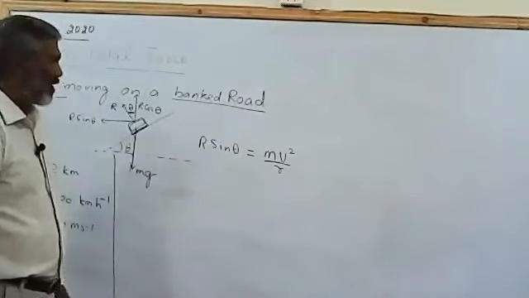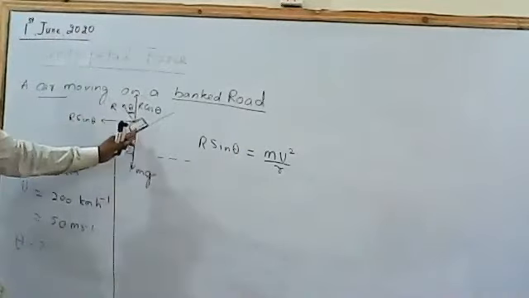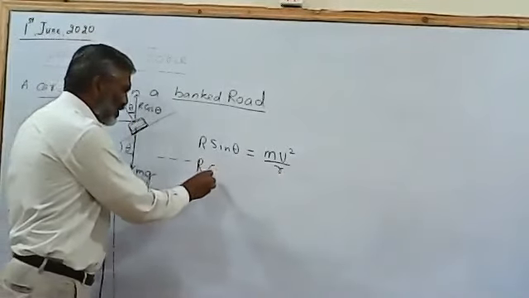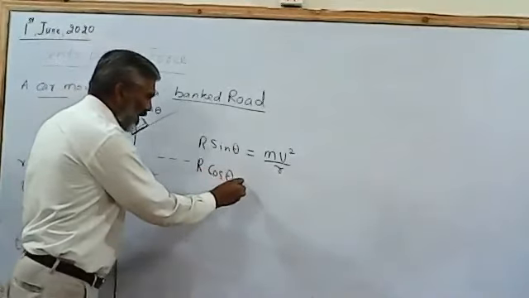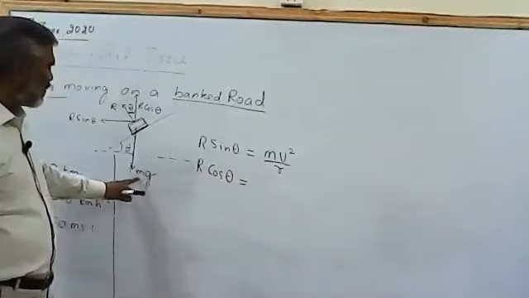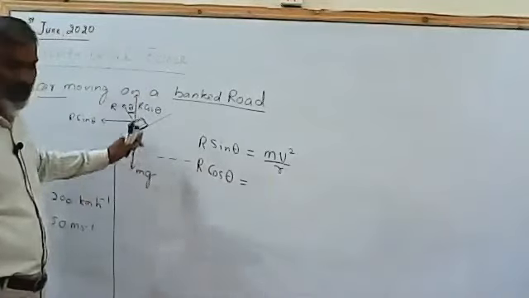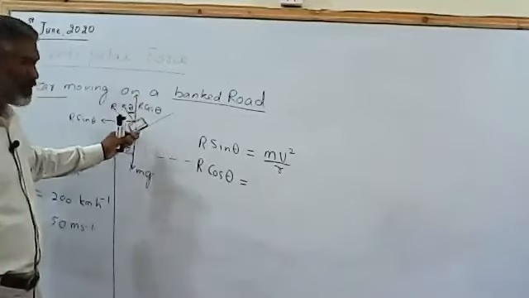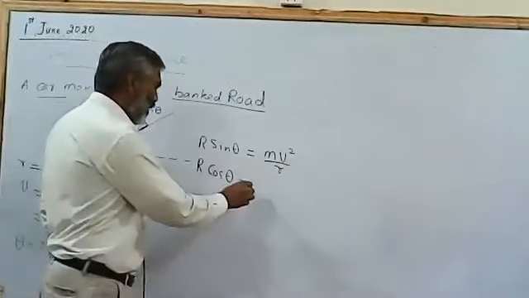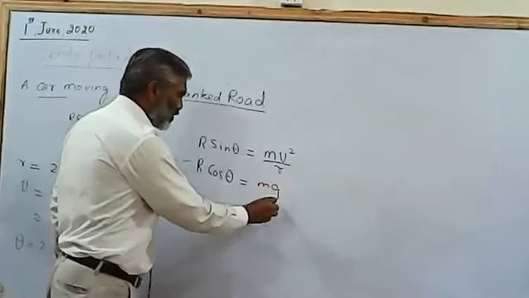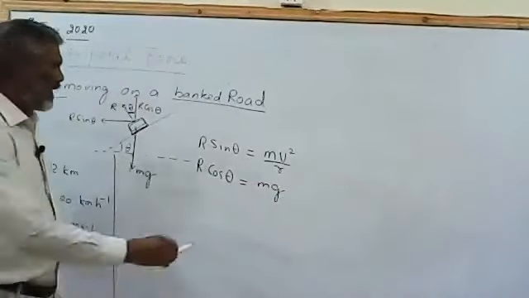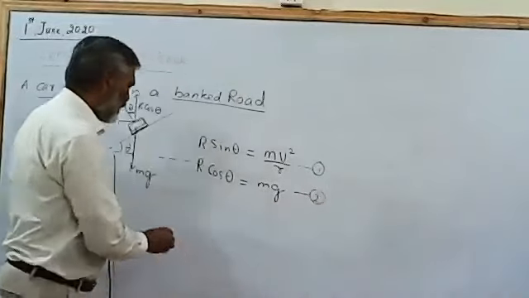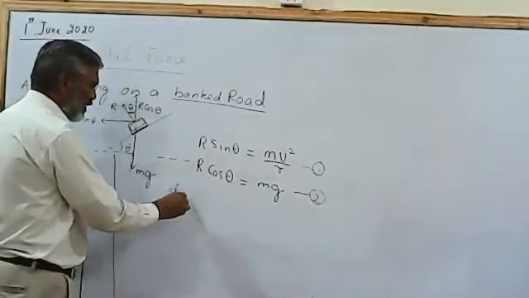mv square over R. The other force, which is along the vertical in the upward direction, is R cos theta, and that we can write equal to mg, because these two forces are equal and opposite, and that is why the object is not moving up or down. So R cos theta must be equated to the weight. If I label this equation as 1 and this as 2, I can